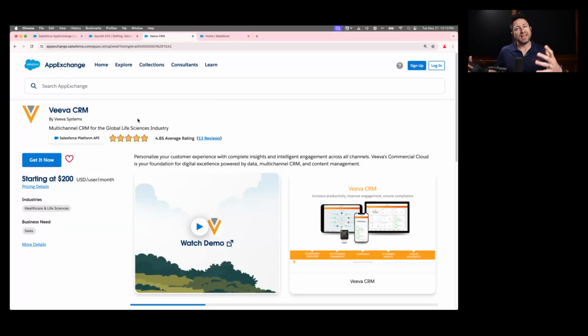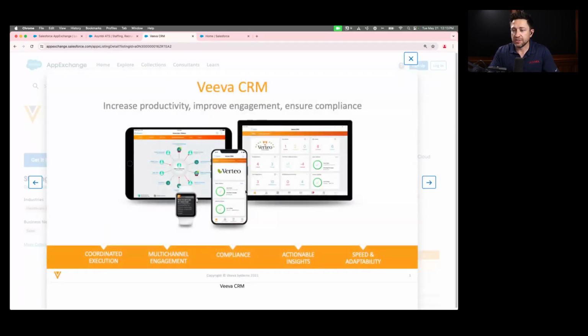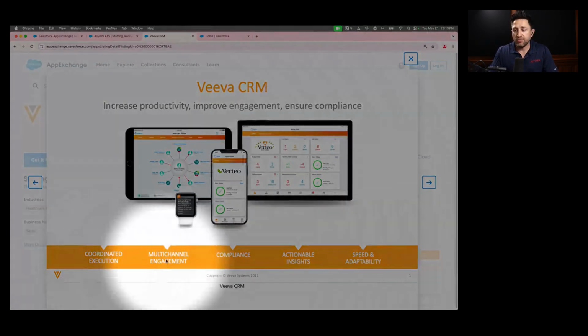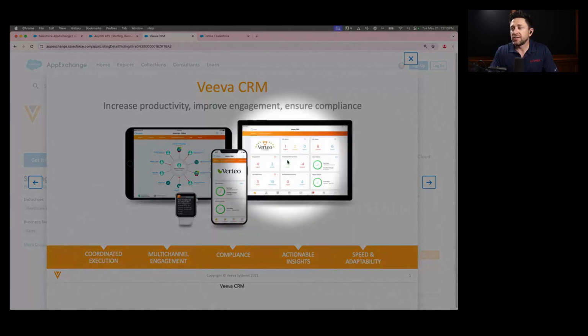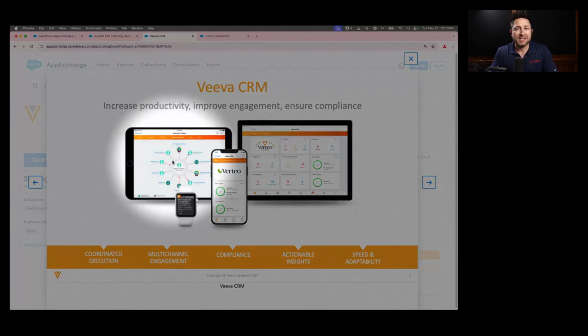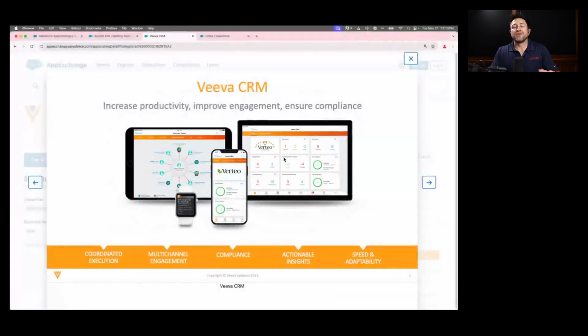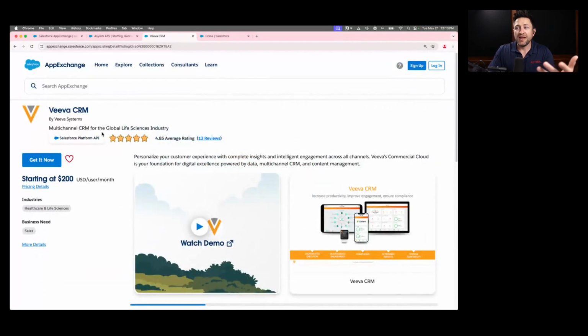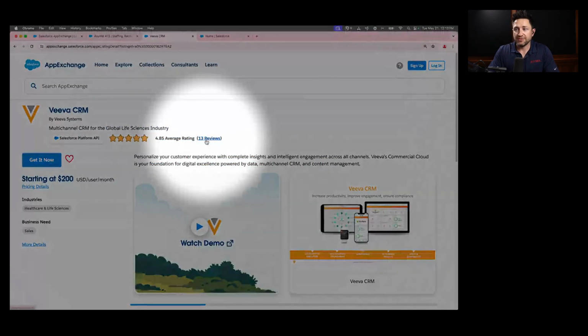Now, the Viva CRM technically is built using Salesforce tools. So there are going to be some similarities between the Salesforce features and the Viva features. But what these customers are going to get is Viva's version of what they think Salesforce should be for you. So everything that you're going to need, so we can blow up this one. You can see if you wanted some coordinated execution, multi-channel engagement, some compliance, you can see this type of interface. This is not Salesforce. This is Viva. And this is Viva's version of what they think Salesforce should be for those specifically in the life sciences industry. That may be well and good with these 13 people that have downloaded this, who seem to like it for themselves,